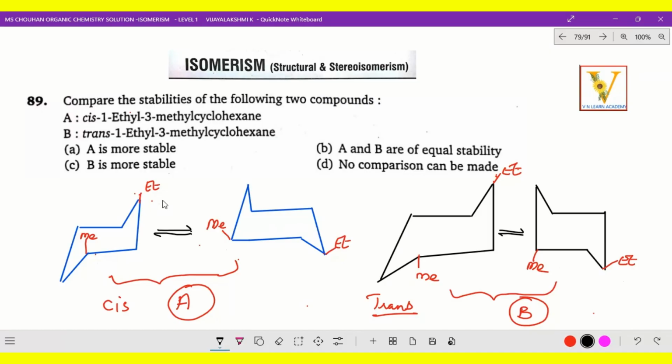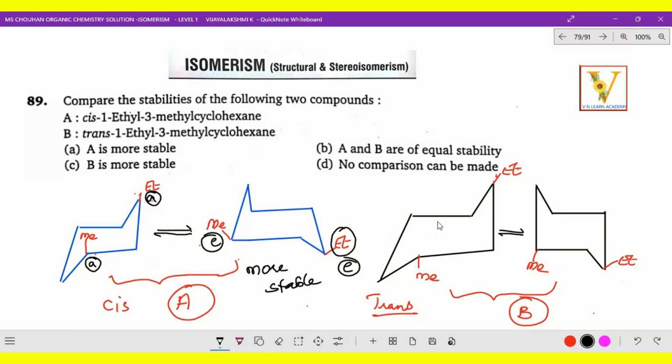Now equatorial position and axial position you know very well. So this is the first one, this is axial upwards, right? So this is axial, and the second one is also axial upwards. So both are axial. Axial will not be that possible. Suppose when it turns this way, this one is equatorial, and the same way this point is also equatorial. So both the equatorials are more stable, right? More stable than both axial.